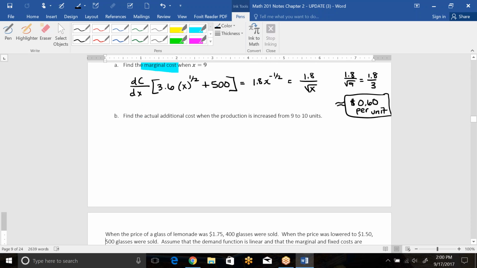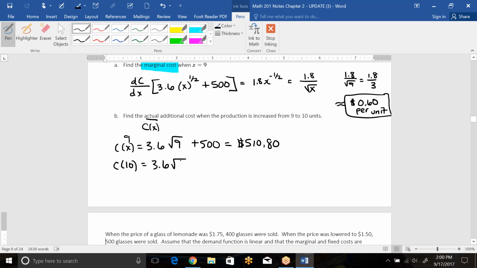If we want to find the actual additional cost when the production is increased from 9 to 10 units, we do the same thing we did before. Since we're doing actual, we're going to use the actual C function. So C of X equals 3.6, and I'm going to plug in 9 first. Square root of 9 plus 500. I got that came out to 510.80. And then, so this was for 9. If we do C of 10, that's 3.6 times the square root of 10 plus 500. And using my calculator, I got that was approximately